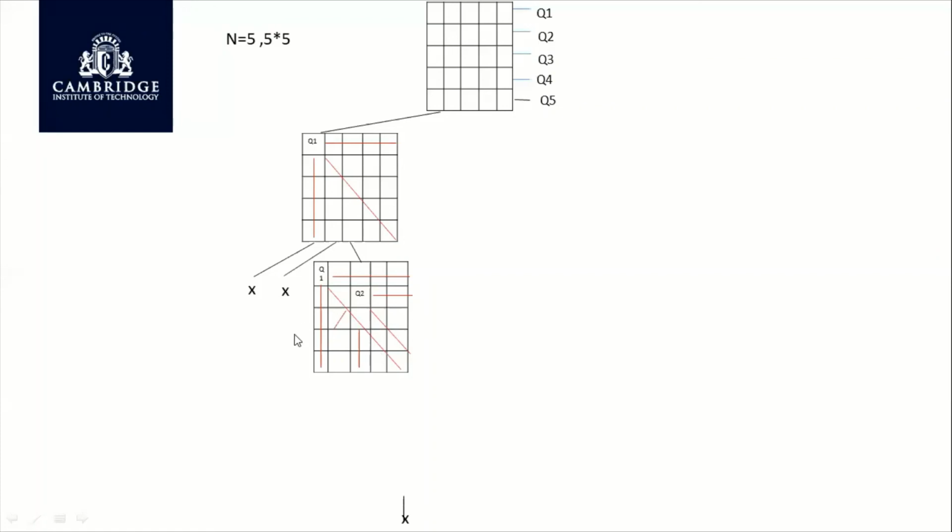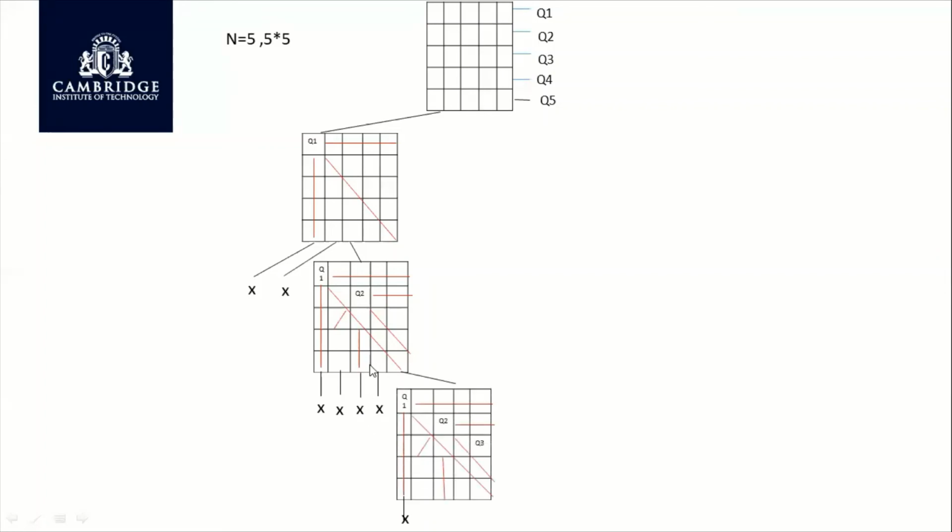So the first 4 positions are not possible. Please remember that these crosses indicate that the first, second, third, and fourth columns in row number 3 are unacceptable positions for placing queen number 3. So we move on to the placement of the third queen in the fifth column. Since the first column here is blocked for queen number 4, I've shown a cross here. Now it is the placement of queen number 4 in this position.